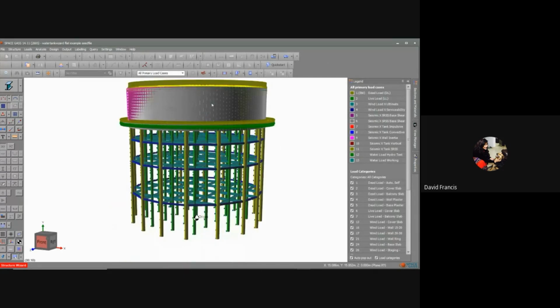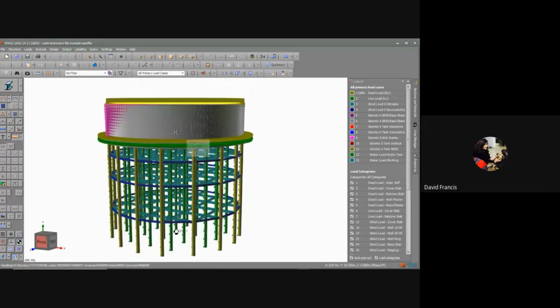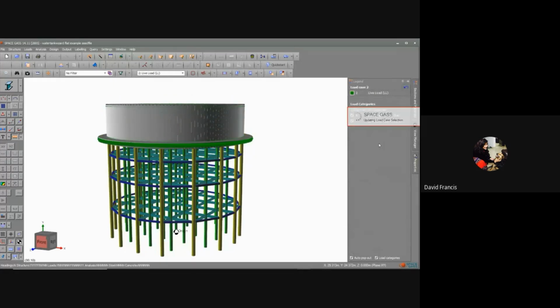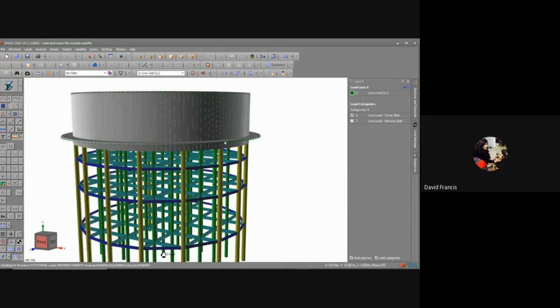So there's my 25-meter tank. And if I just hold my right button down, primary loads are here. And live load, for example, has two categories of load. So there's the cover slab. So if I turn the loading diagram on, and you'll see,